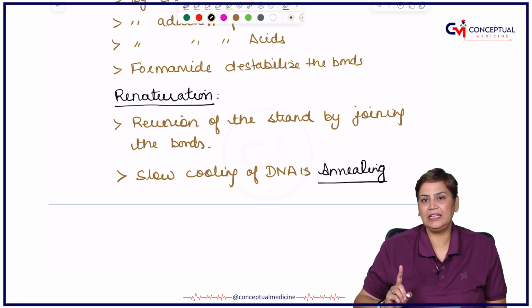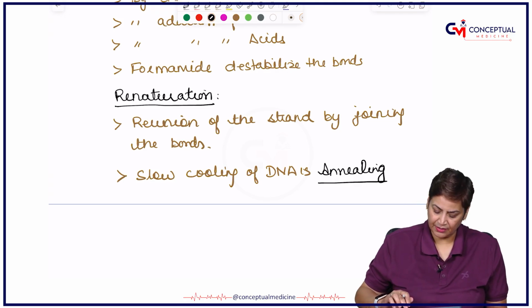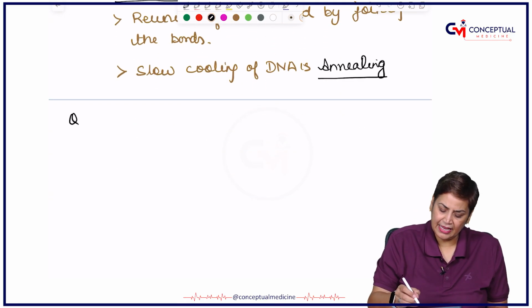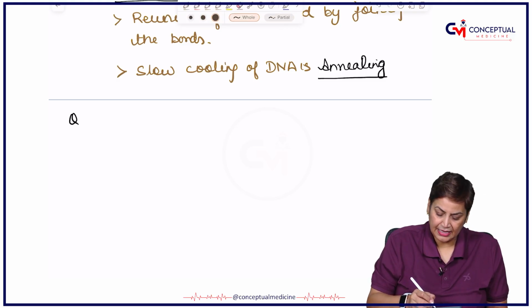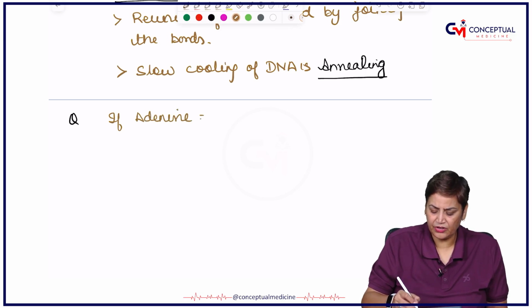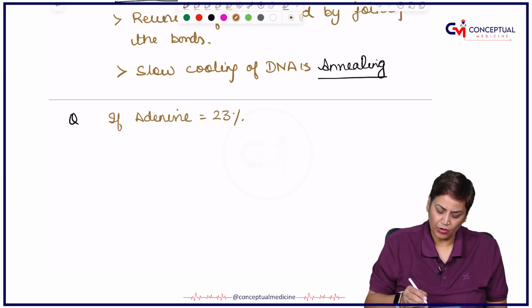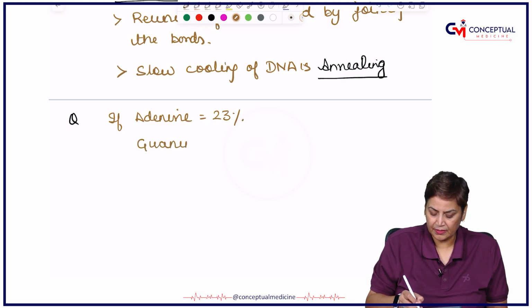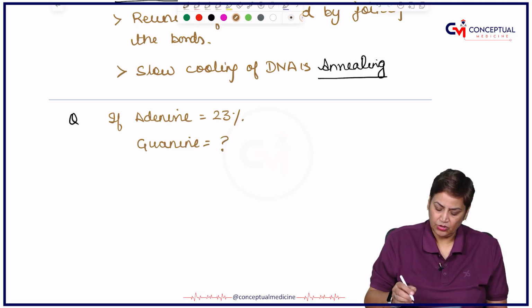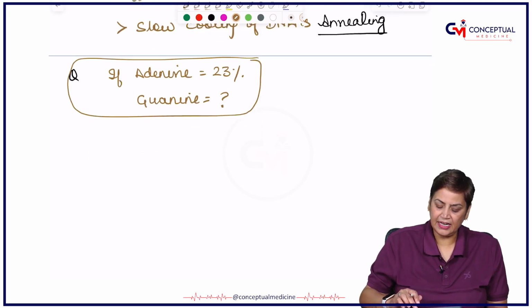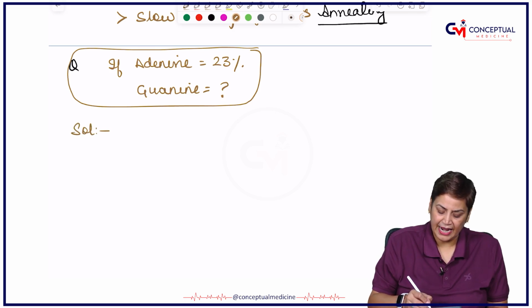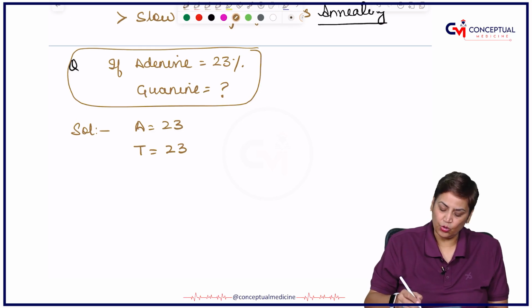And always remember, DNA is double-stranded. The composition of DNA was given by Watson and Crick. Just suppose I asked you that if in any sample of DNA, adenine is 23%, what will be the concentration of guanine? So these types of numericals can be asked. What will be the solution to this? If adenine is 23%, I told you that adenine is equal to thymine. So thymine is also going to be 23. So overall it will be